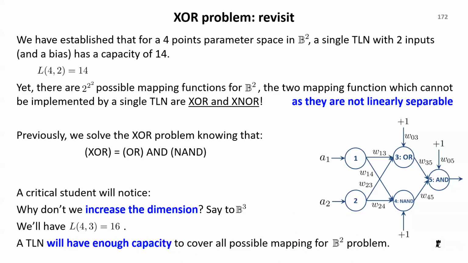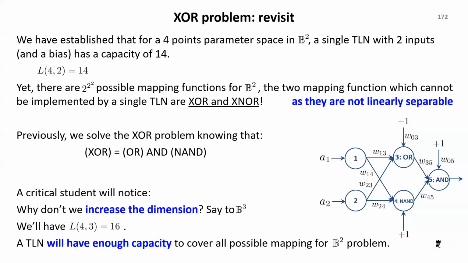So there are 2 ways we can solve XOR. First, we can use multi-layers, and the second way is expanding it to the higher dimension. Again, I want to reinforce this message: if you have a problem, even a non-linearly separable problem, you may be able to solve it in higher dimension using a single neuron. So even a problem that is so difficult to solve in lower dimension can be solved in higher dimension.